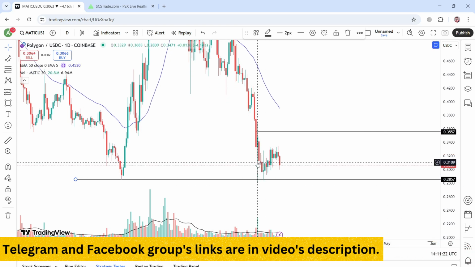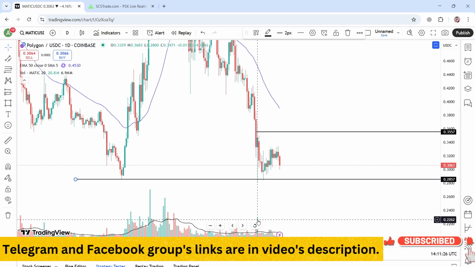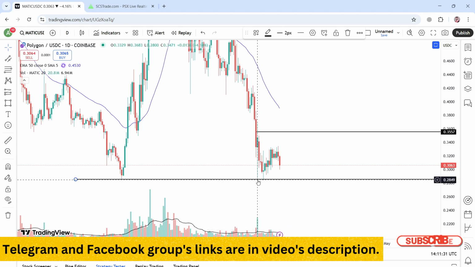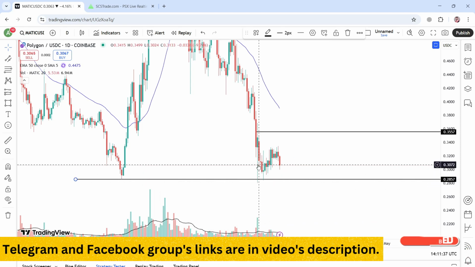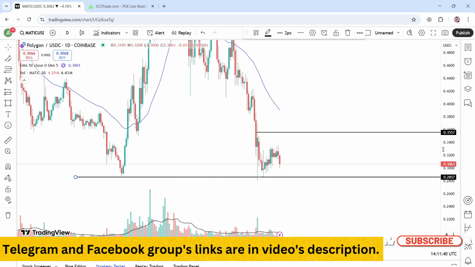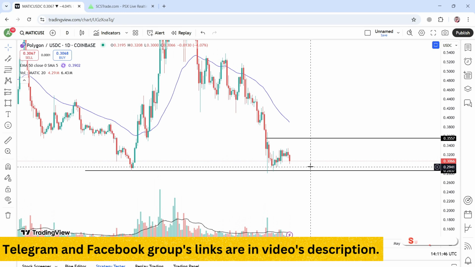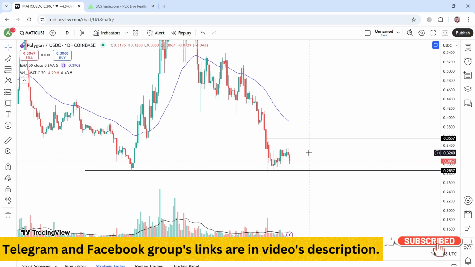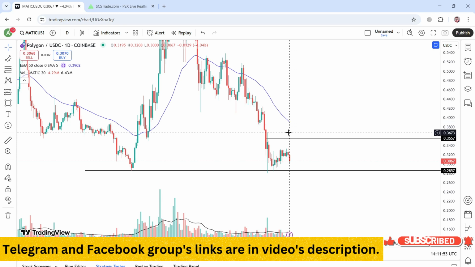It has already tested this support in this candle, and there were more than usual volumes at this candle. So we can see the buyers are very bullish around this area, and they will definitely go for buying around this level, and they are already doing this. So if it sustains the support of 0.2857, then we can expect its prices to go upside, where it can easily go upside and test the level of